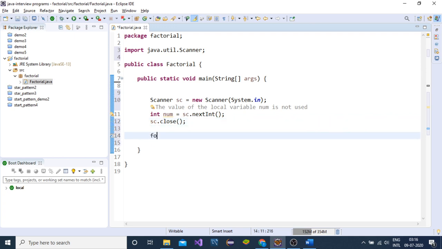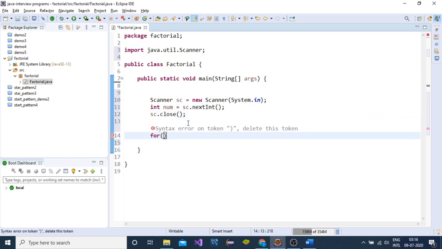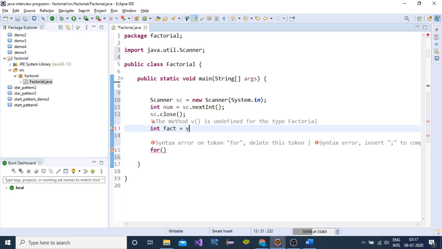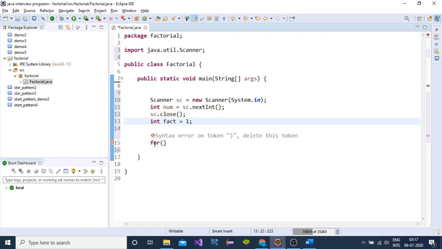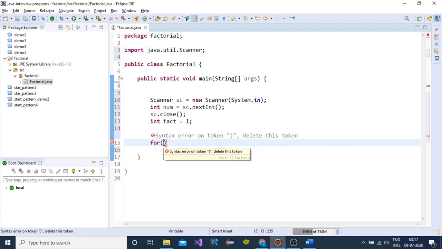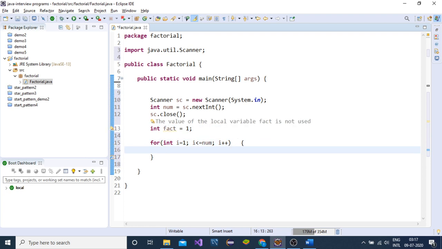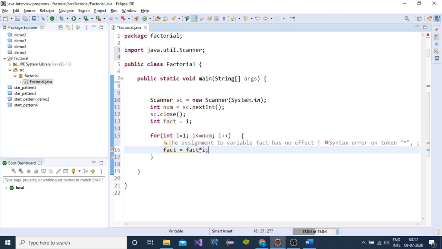Start a loop. Now before starting the loop, we should initialize factorial. int fact equals 1. int i equals 1, i less than or equal to num, i plus plus. fact equals fact multiplied by i.